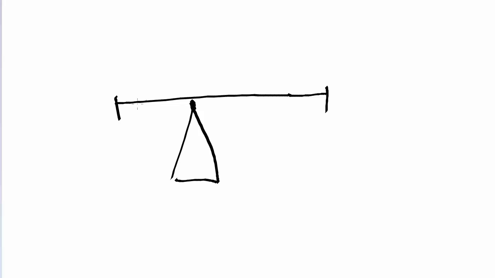Suppose there is a seesaw and the seesaw is placed like this, that one end is shorter, the other end is large. Suppose the distance here is x and the distance here is 2x, double the distance. Now if there is a boy of 2w weight sitting here, can you balance this boy with a lighter boy? Yes, of course. If you place a boy of weight w here at the distance 2x, then this lighter boy compared to this heavier boy can balance this heavier boy in this seesaw.